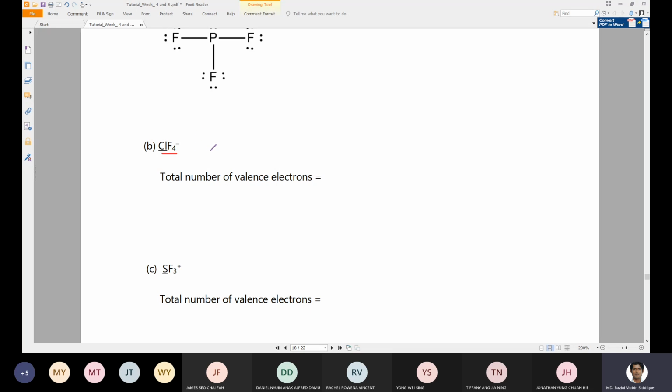chlorine tetrafluoride ion. And chlorine has 7 plus fluorine has 7 as well, 4 times 7, plus, because of this one extra charge, it will be 1, and altogether it should be 36. Yeah, it should be 36 electrons, and chlorine is less electronegative among these, so